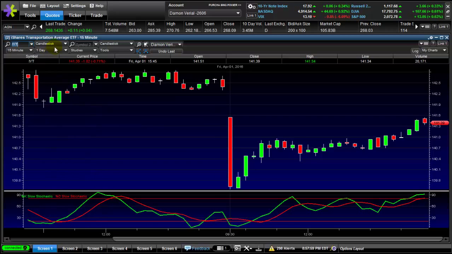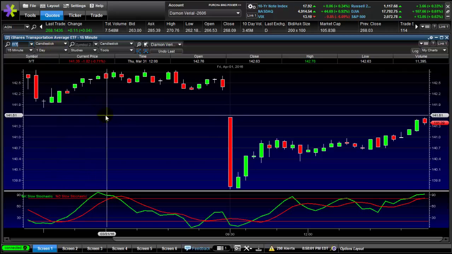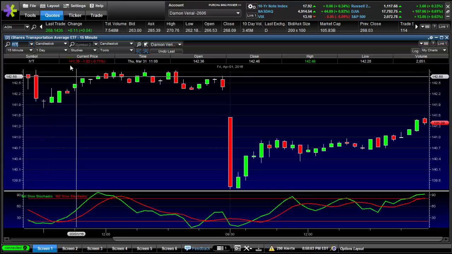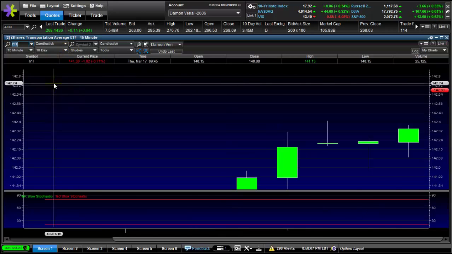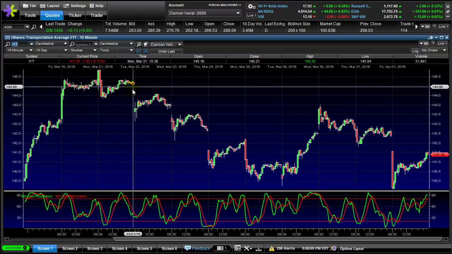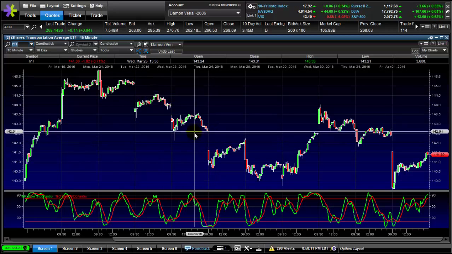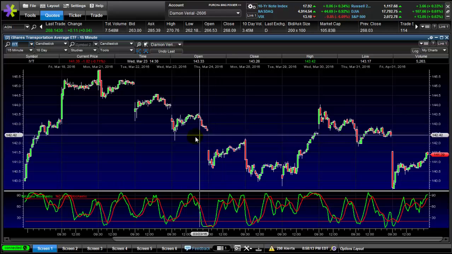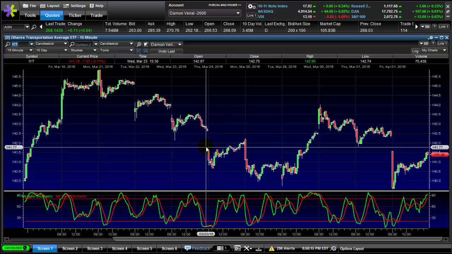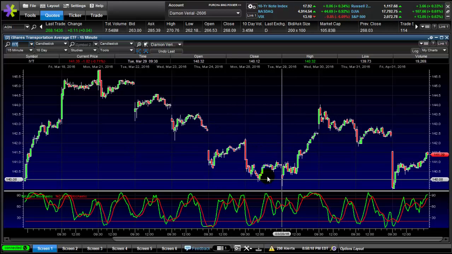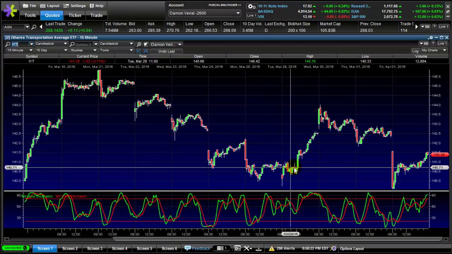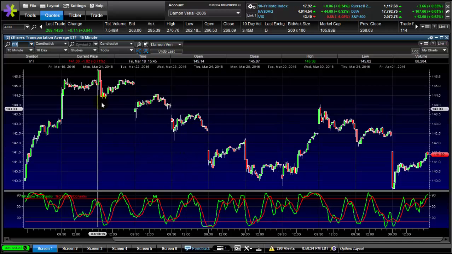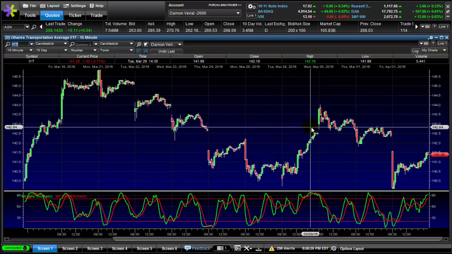IYT is the transportation ETF, so it's all the transportation stocks. And if you remember from the last state of the market, we found an interesting trend where we had a down gap every day, down gap every day, down gap every day. Last time I said it's probably tradable, but I was worried that we're getting in too late, and I believe it was this day where we saw something similar to a down gap but not a real gap, and on that day things changed, so clearly this was not so tradable, and now we've got an up gap followed by